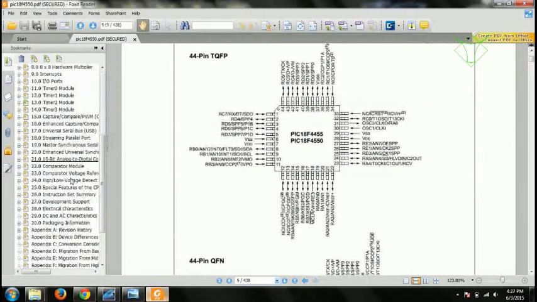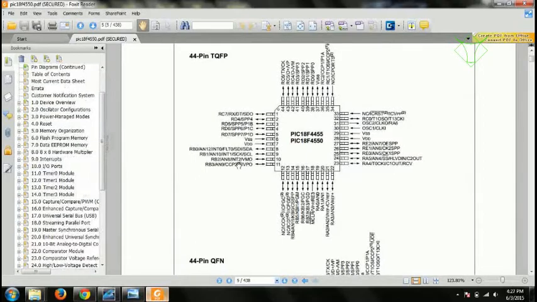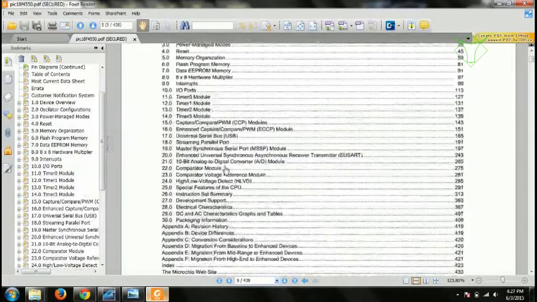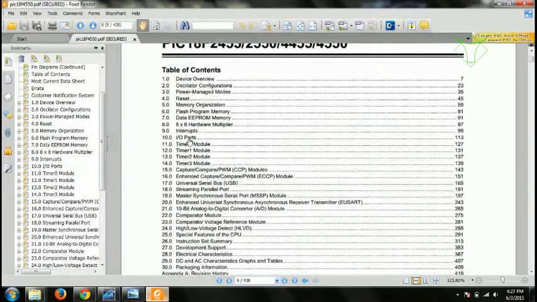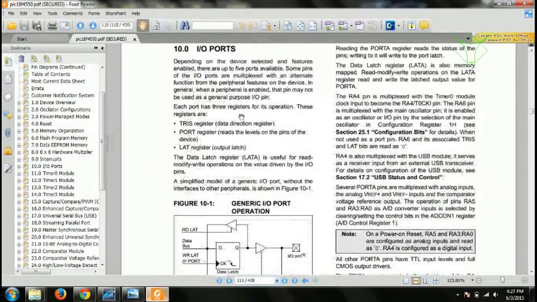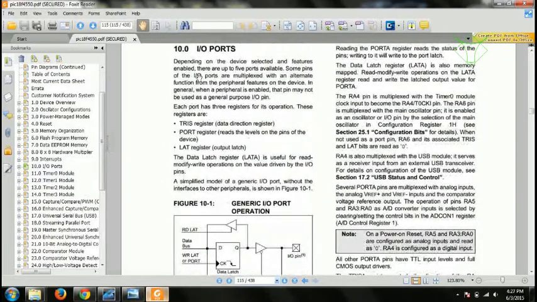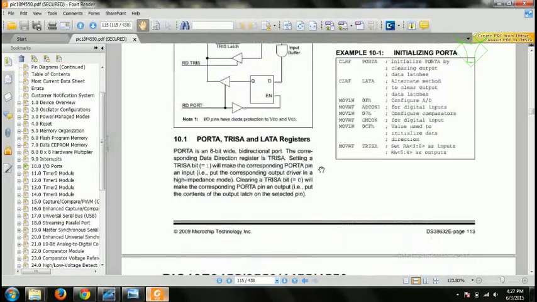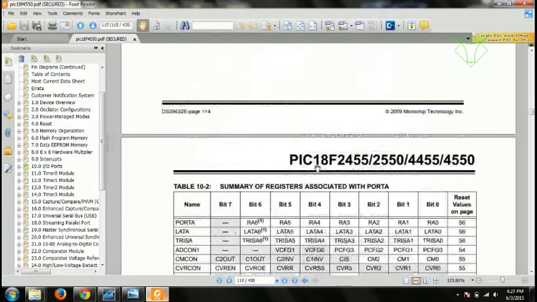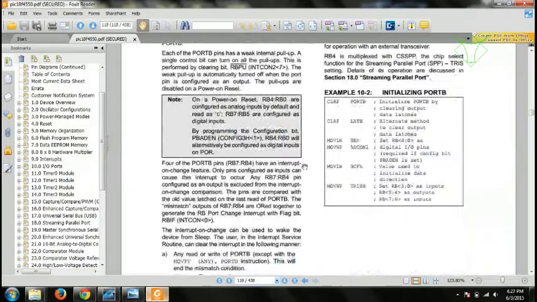If you scroll down, it will show a lot of other features also, and the most important thing to start with is the IO ports. Please go through this IO port section. Just go through the explanation of what an IO port is, what the latch registers are, and the configuration bits. You don't have to go through the entire thing about port A, port B, and so on.